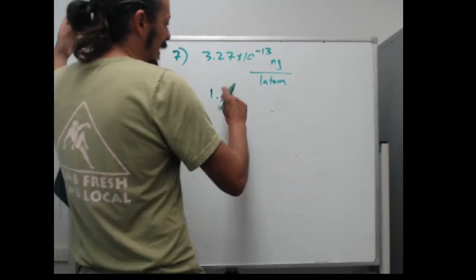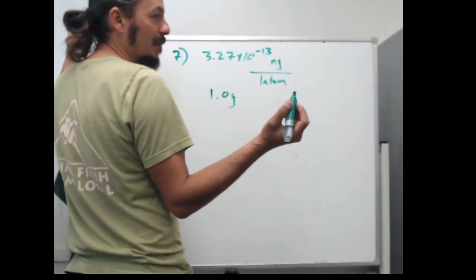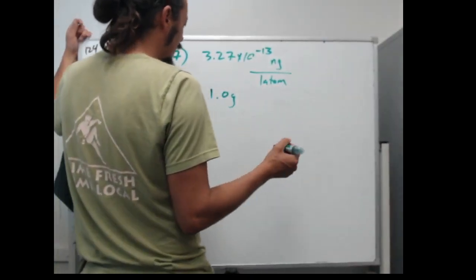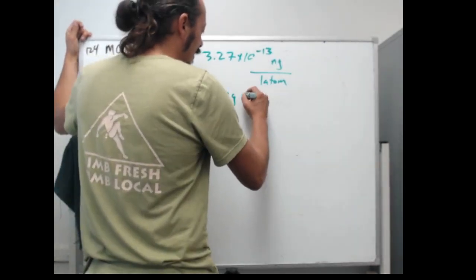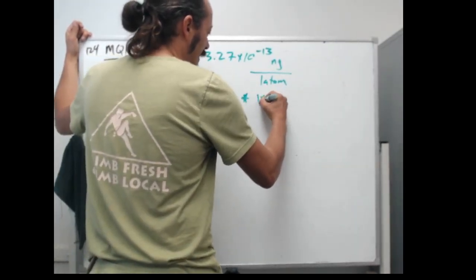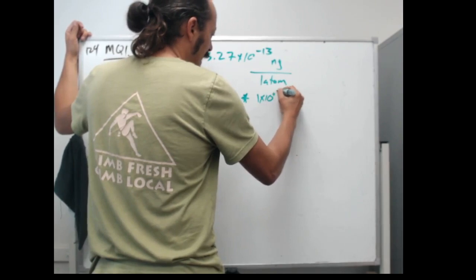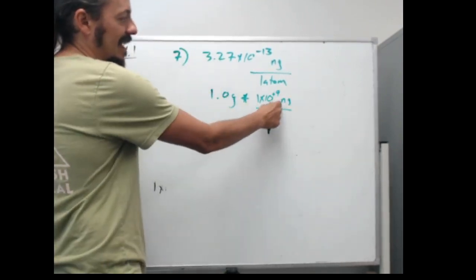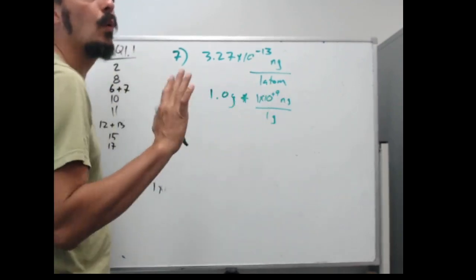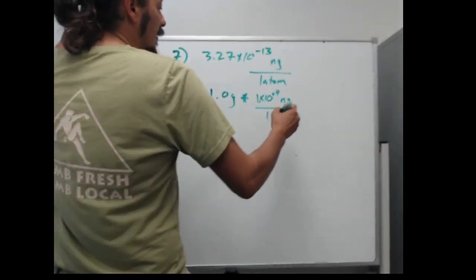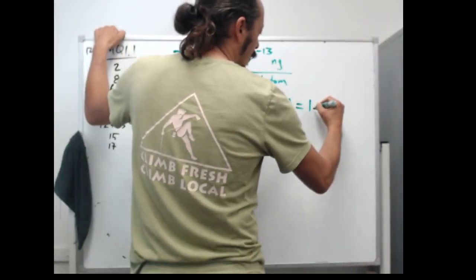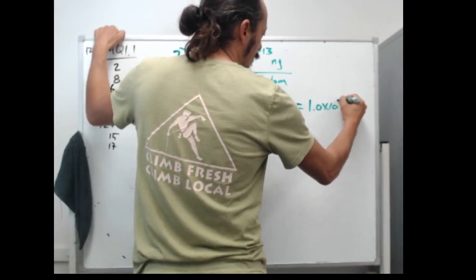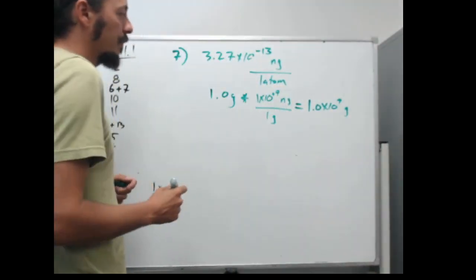Nano means 10 to the minus 9, so I'm going to multiply 1 times 10 to the positive 9 nanograms per 1 gram. That's negative 9, that's positive 9, that's multiplying by 1. So then this is going to be 1.0 times 10 to the positive 9